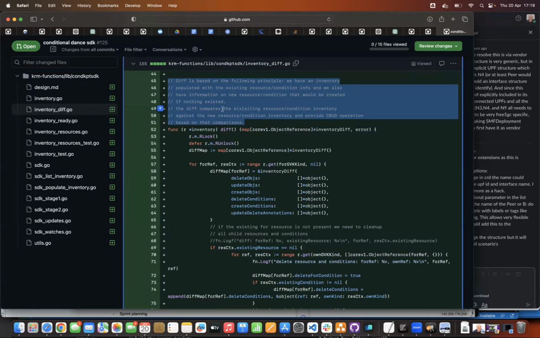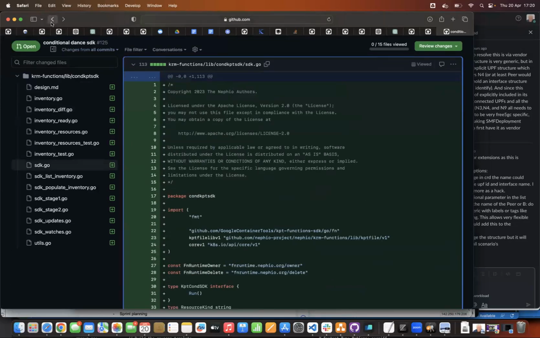And then the diff compares, okay, there's a typo, I see, the existing resource condition inventory against the new and provides CRUD operations based on the comparison. So I try to explain a little bit, I don't know whether it's good enough, but that's what I try to do. Yeah, thanks. I think that will be very helpful.